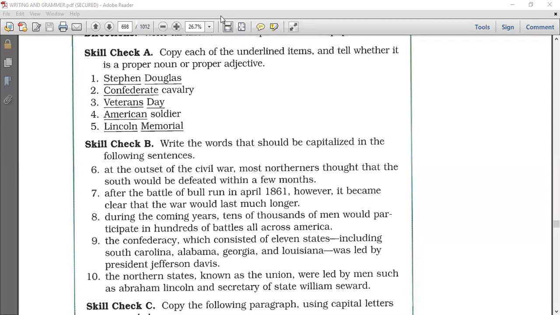Proper nouns. Which one? We have two underlined nouns. We have Stephen and Douglas. Both are proper nouns. Thank you, Abdurrahman. Who else? Put your hand down, please. Who else? So this is Baghdadi. Yusuf Awad, number 2.